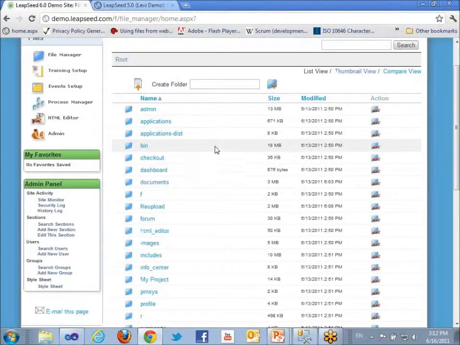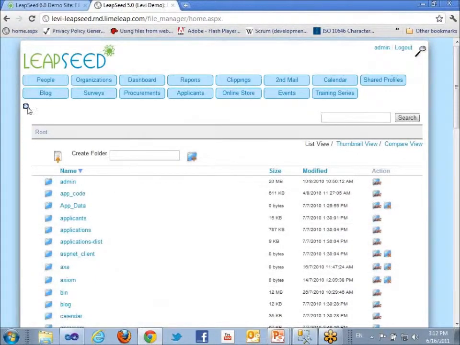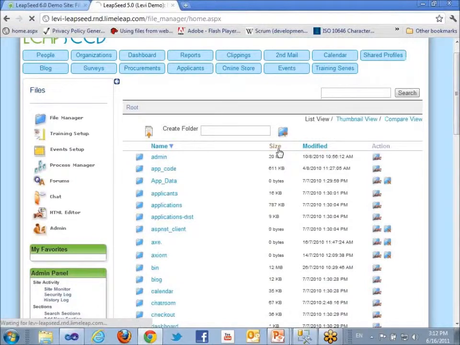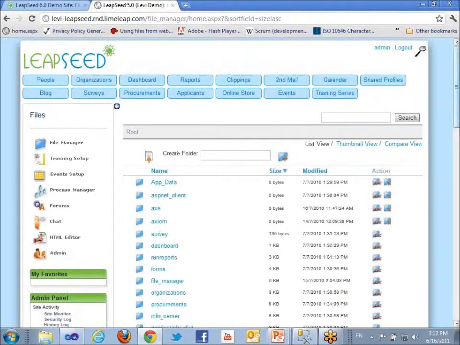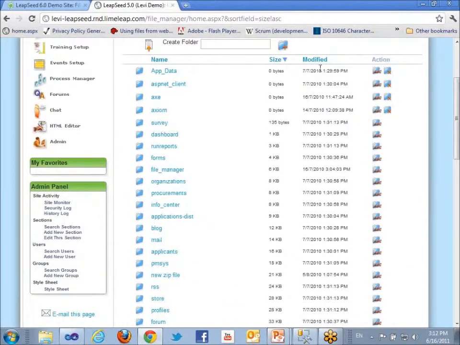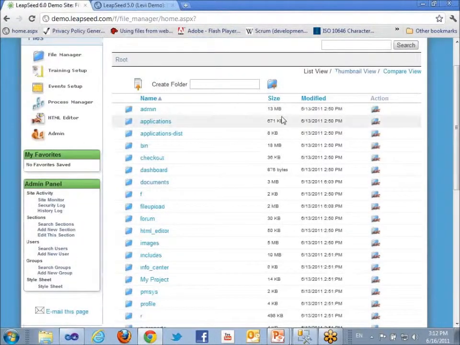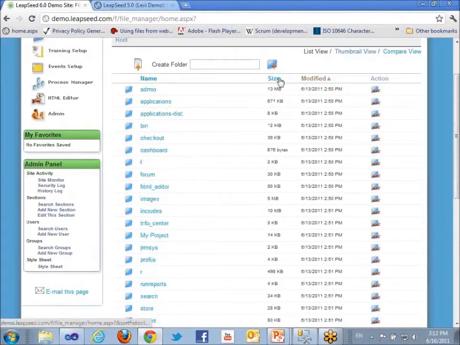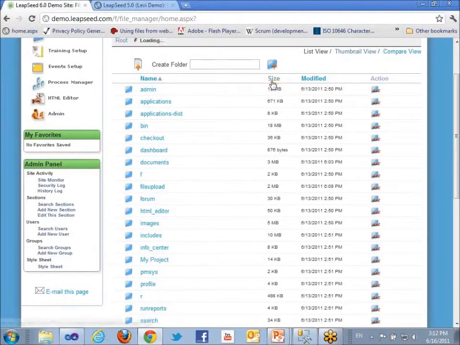You might notice a little bit of layout improvement. We have little faint lines here highlighting. There are certainly usability items that have nothing to do with Ajax. But one thing worth noting is that every single time a sort was required, it would refresh the whole page. So if you were scrolled down a bit, looking at the size you wanted to see, it would jet you up to the top. Under the new LeapSeed, all the sorting is just done through Ajax. So much quicker, much faster,